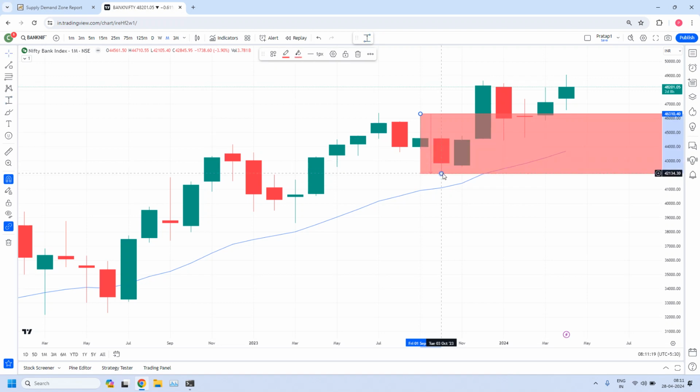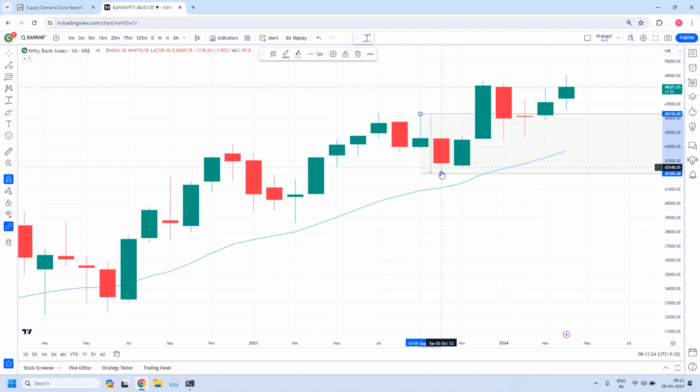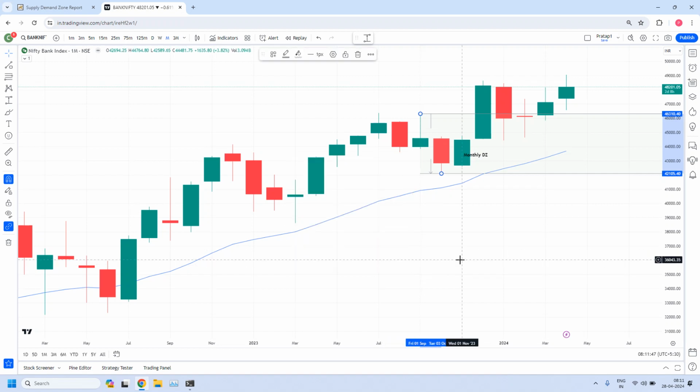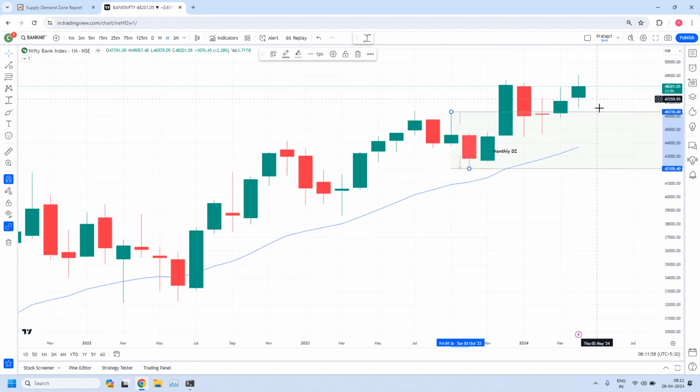So let us draw this monthly demand zone. I am changing the color to monthly demand zone. Also let me add a text here. So this is a monthly demand zone. Okay, and this monthly demand zone is having a monthly EMA confluence, and overextension is also not there,